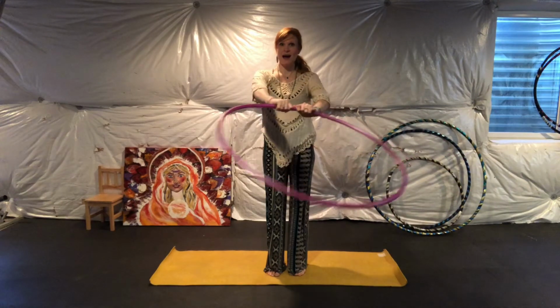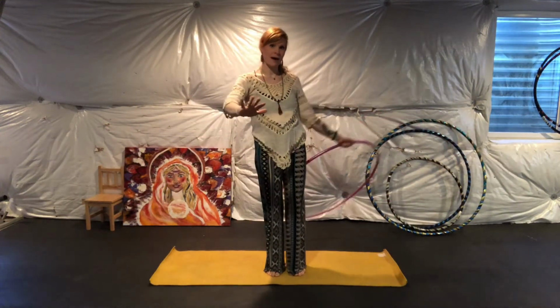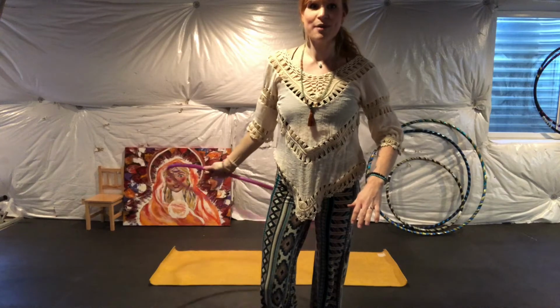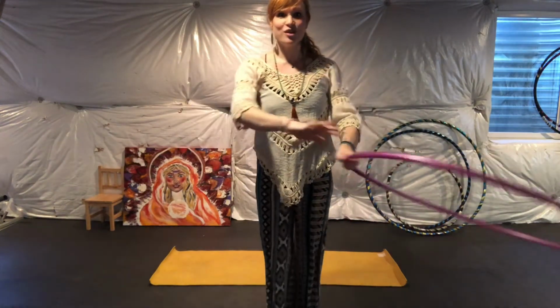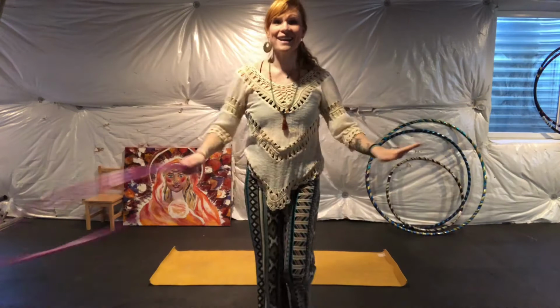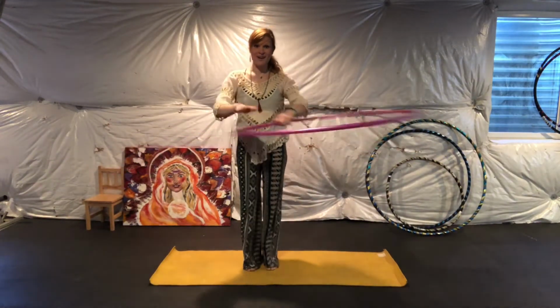So one hand grab, pop it on the hip. One hand grab, pop it on the hip. Hands wide open, grabbing down, pop it to the side. You can pop it to the hip, grab, trade, pop it. Just like we were doing in that center. Pop and trade. Switch it off. It's fun. So no matter where you are, if you have to take it super slow, or you can take it a little bit fast,